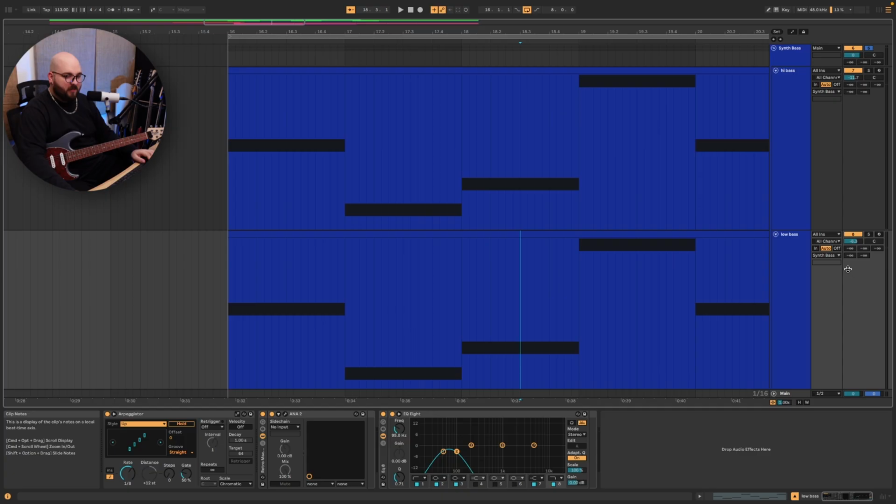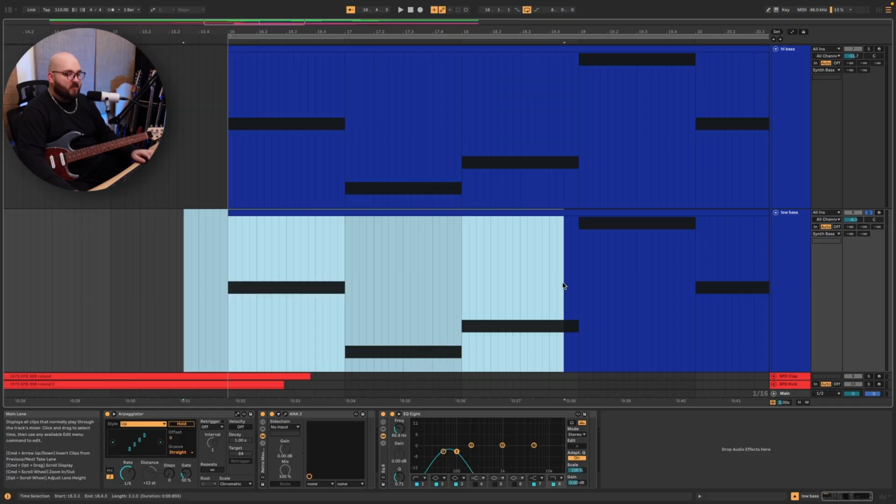Now you can see there's actually 2 tracks, and that's because I have a high octave and a low octave put into a bus together to get that combined bass sound that I'm looking for. And the reason that I do that is because if I solo this low bass here, which is normally what people would be adding,